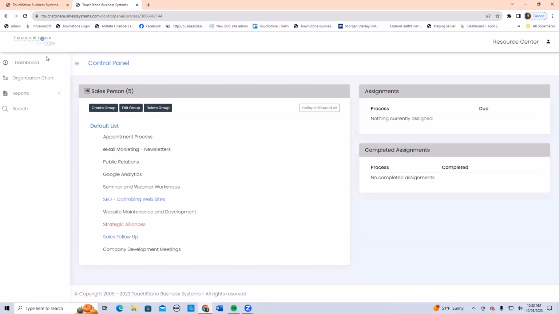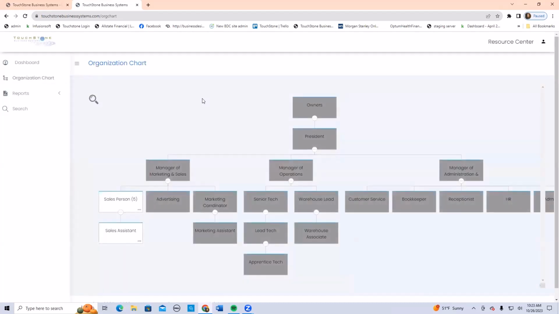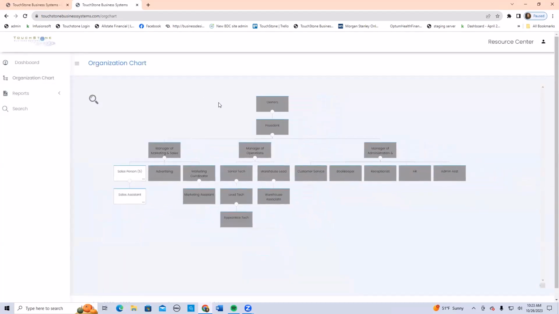You'll notice there's no 4 key functions over here, like they can't even get there. They don't need to know that. They don't need to know that organization. It just makes it more to learn. They are able to access their org chart because you want your employees to be able to see the organization